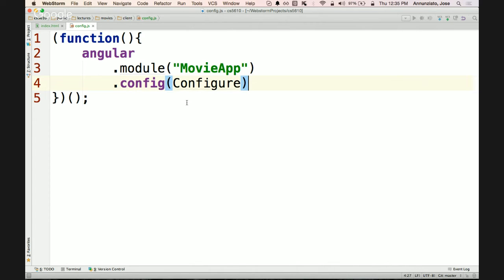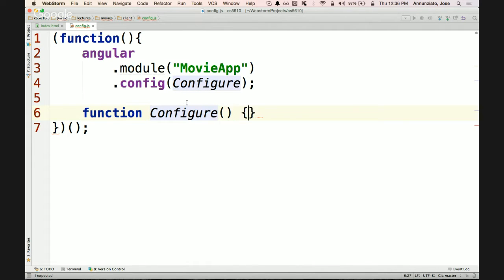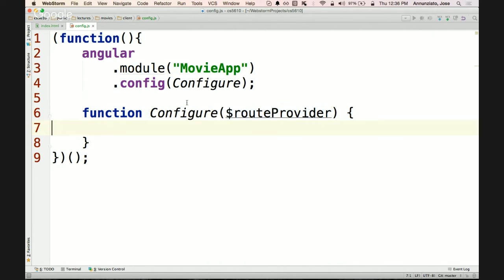I'll put it in a separate function. So function configure. Right. So we're going to configure. What are we going to configure? The routing, right? If you click on this link, you navigate to this page. If you click here, you go there, right? So we're going to configure that. For that, we're going to ask for the route provider, so we can configure the routes. The routing. It will say that route provider,